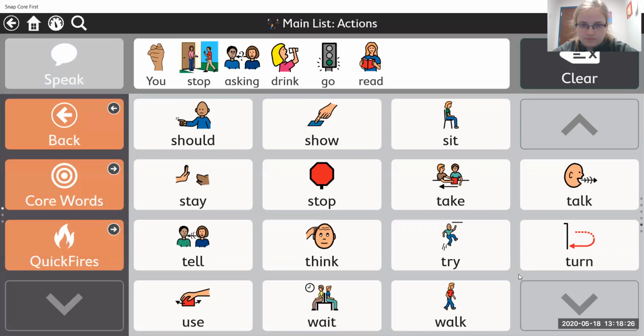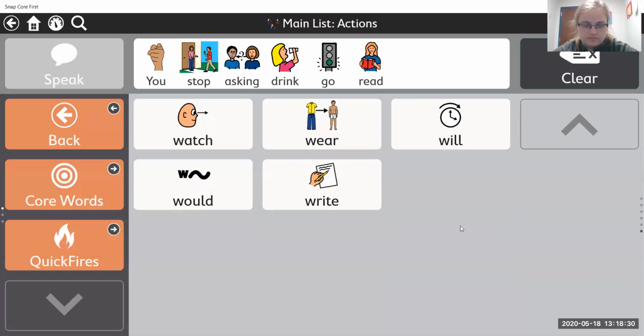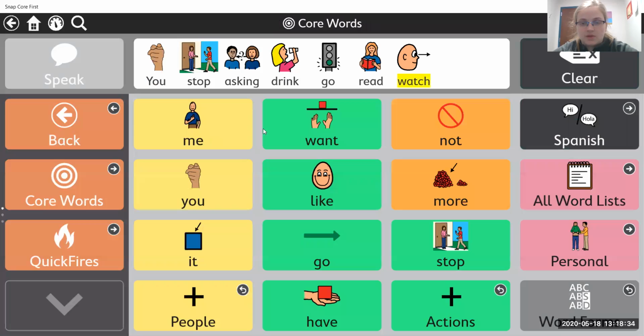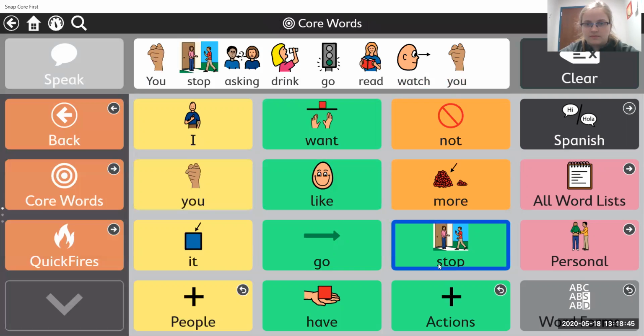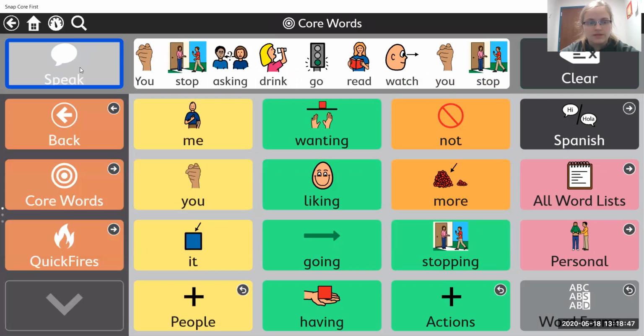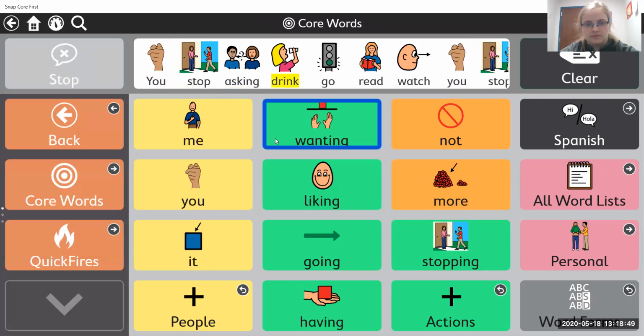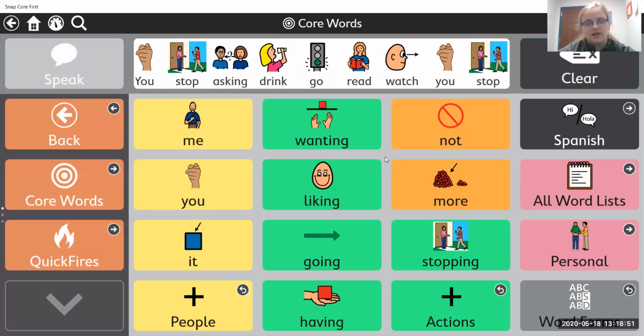And what's one more? Maybe someone is watching you and you just want to be left alone for a little bit, and you say, you stop. You stop asking, drink or read, watch, you stop. So there's a lot of different words that you can put together with you stop.